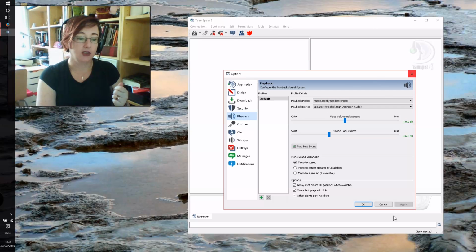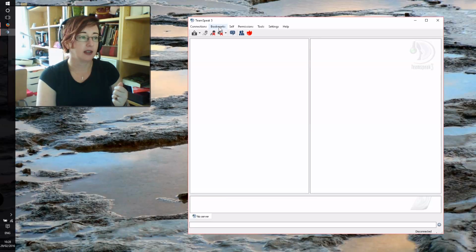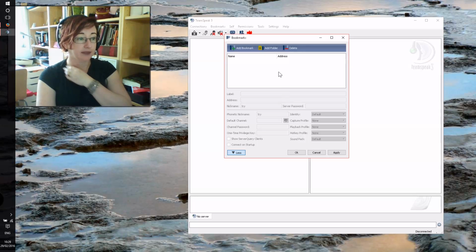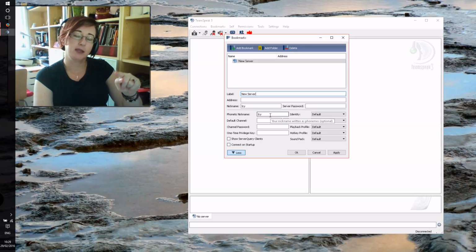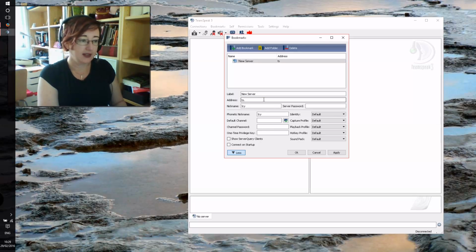The other thing you should do is set up a bookmark for the servers that you go to most frequently. So you click bookmarks and then manage bookmarks, and then you want to set up a new one. Now you'll see some of these names have already populated. This is because I've set them up under settings identity. And that means when you go to connect to a new server, it's already got some of the information. So we're just going to call this new server. We're going to call it